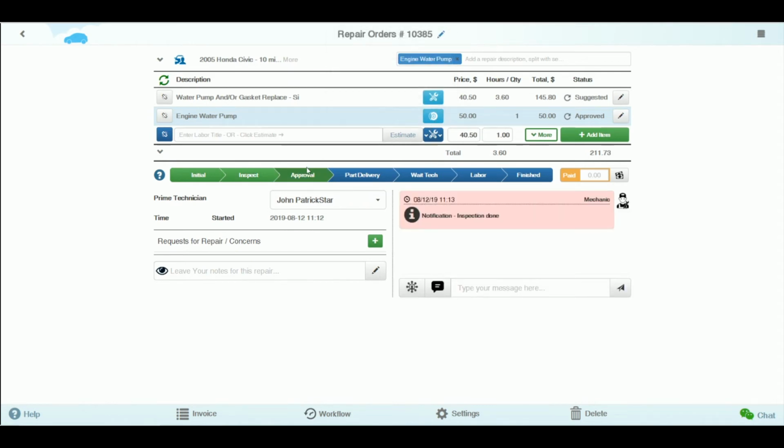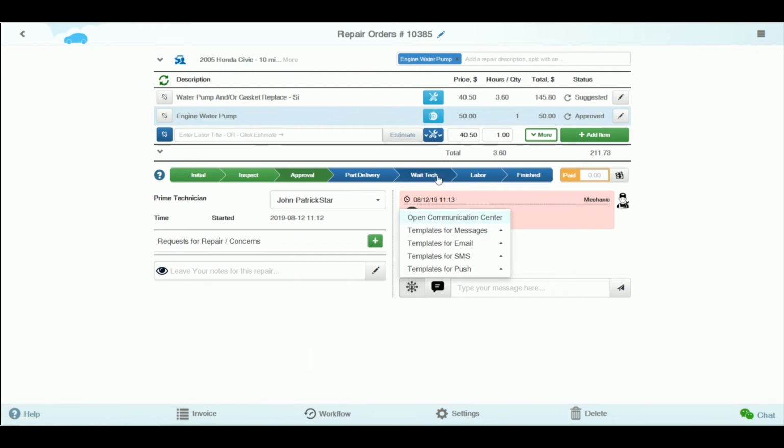So this is when you're either going to call your customer if he's not in the shop. Let's say he went back home or something like that. You're going to call him up and you're going to say, hey, you need a new water pump. So we're going to replace it and we ordered a pump for you. And then you give him the price for each. He's going to say, okay, that sounds good, do it. You can also email him